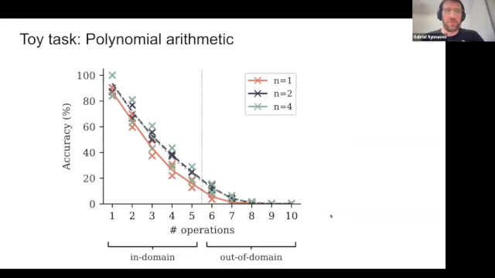We also did tasks of polynomial arithmetic, which is another type of task. It was about solving polynomials that were relatively simple. For the training set, we sampled a bunch of random polynomials with up to 5 operations. That is what we train on, and that is what we test on with bigger polynomials. We did that with the baseline and MTP. Actually, there you do have a boost for solving the polynomials.